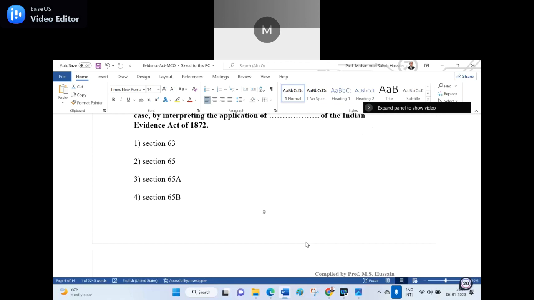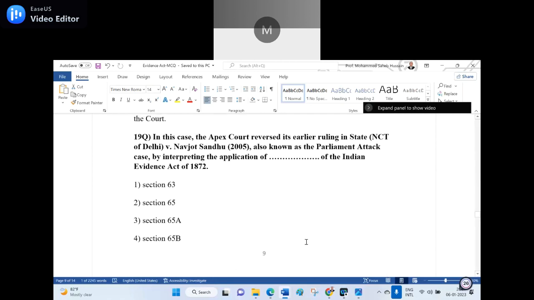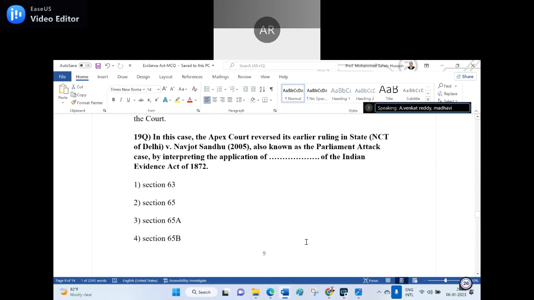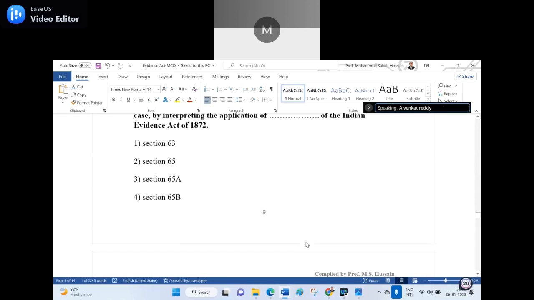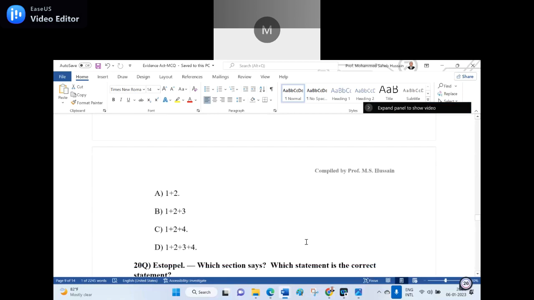See, a different style I asked the question. Generally, the Sidhu case is very famous. I don't know how many of you know it. Now, just Sandu. Nirbhaya case, sir. No. Parliament attack, it's the Parliament attack case. So the right answer is